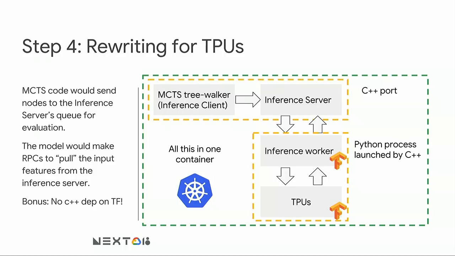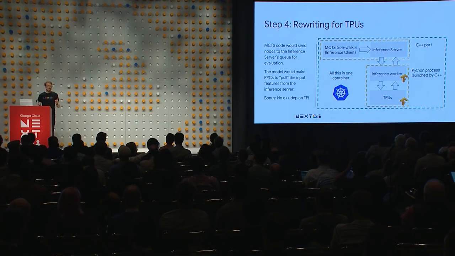We ended up building a container out of our C++ port that would spin up a Python engine, and we would do these RPC calls when our queue had enough nodes in it to run them all through the model. And this did great. It also meant that our C++ code no longer depended on TensorFlow, so we didn't have to have any trouble building TensorFlow, which made our builds a lot quicker, which is pretty cool.